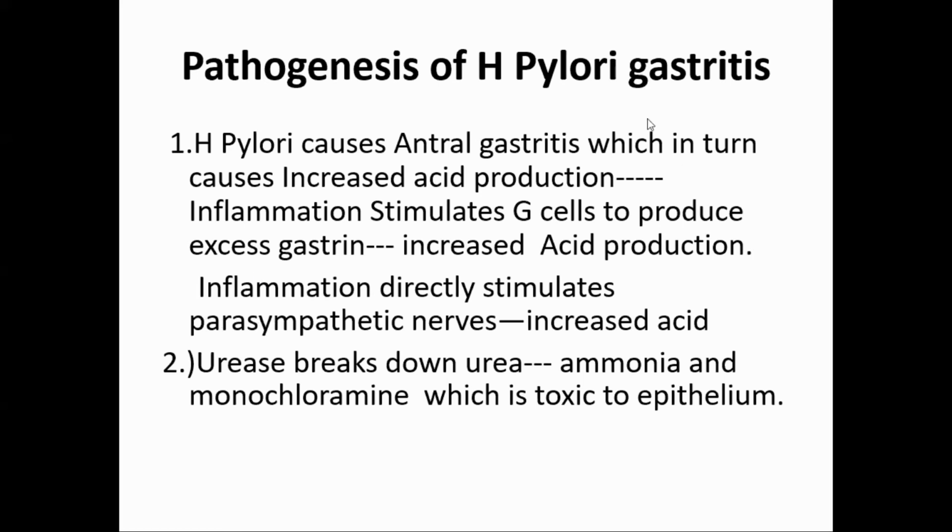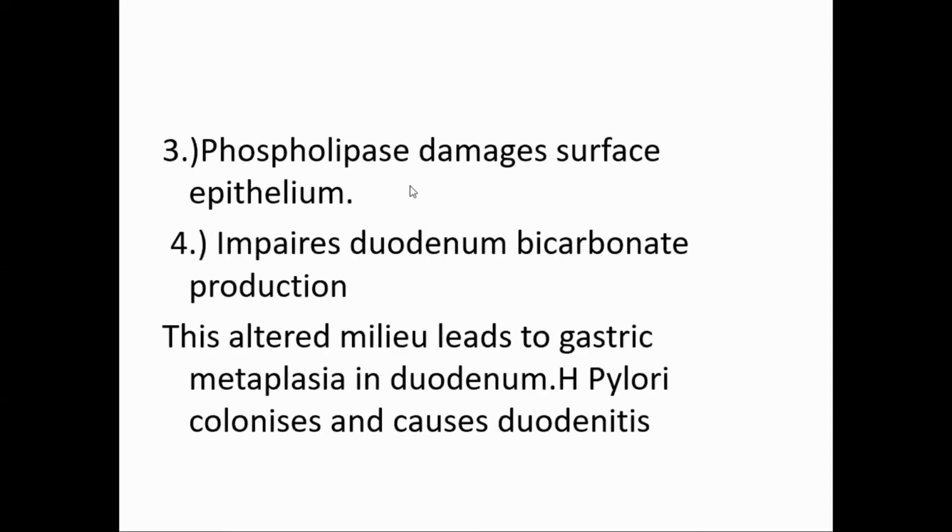Actually, H. pylori is not found in the duodenum, in the intestinal mucosa. It is found in the gastric mucosa. And they say, then how do you explain the duodenal ulcer, which is 100% associated with H. pylori? They say it is also not very proved, but they say that there is a gastric metaplasia, like intestinal metaplasia of the